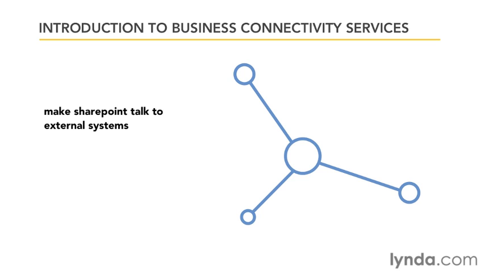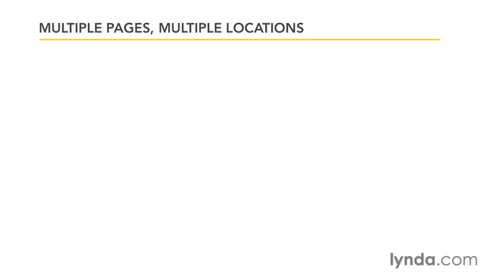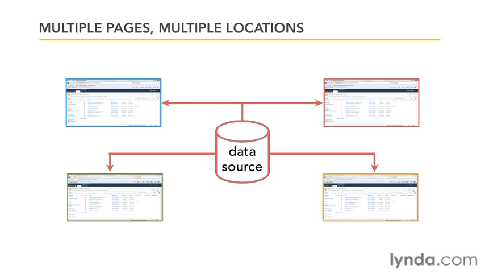Now, the question that might be running through your mind here is, haven't we just been doing this? Well, yes, kind of. This is another way to do it. If you remember, what we've been focusing on are very much the single page model, defining a data source and inserting it onto a page. But using the much more powerful BCS allows us to really make that data part of our site, use it on multiple pages, use it in other lists and libraries, get it into Office applications, even include it in search